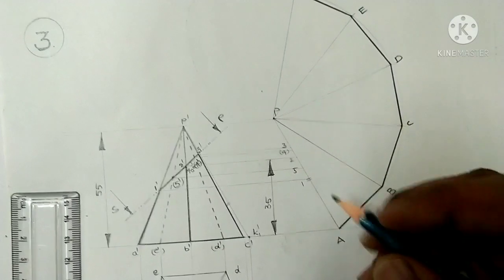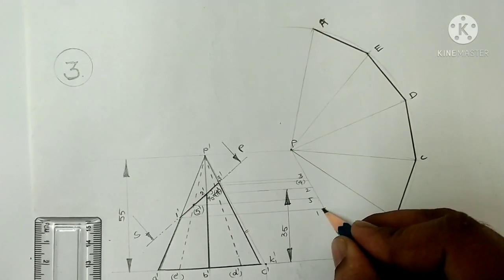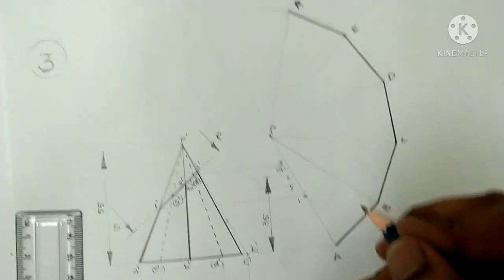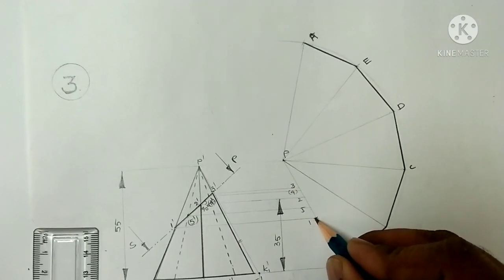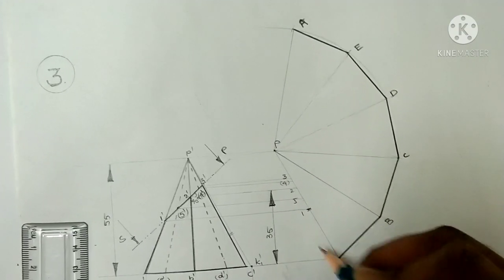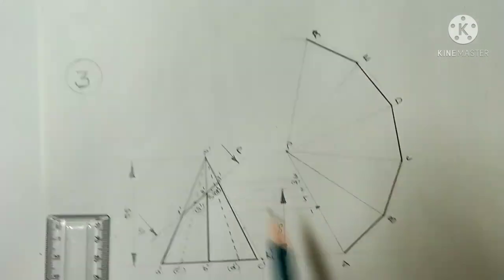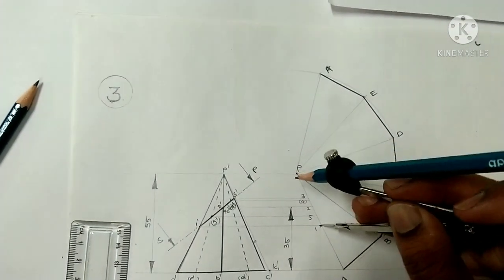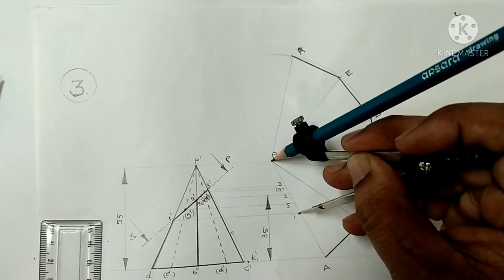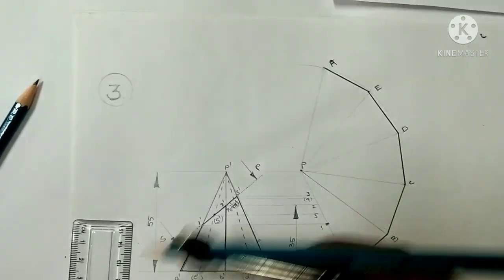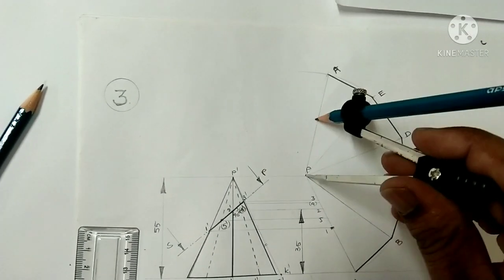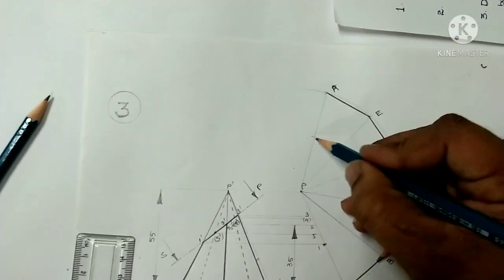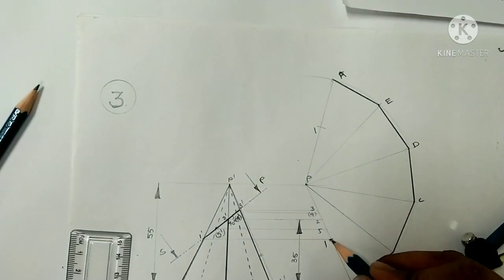and last one. So directly here we can mark, we can take P to 1 dimension as radius, and draw an arc on the AP line. So here there is no need to construct another arc, because we already have point 1 on the AP. So this is one point, and similarly we can take the 1 to P dimension as radius, because 1 is located on the AP, and with P as center, draw an arc on the AP line. So here we will get point 1. This one is 1, and again this one is also our actual point.